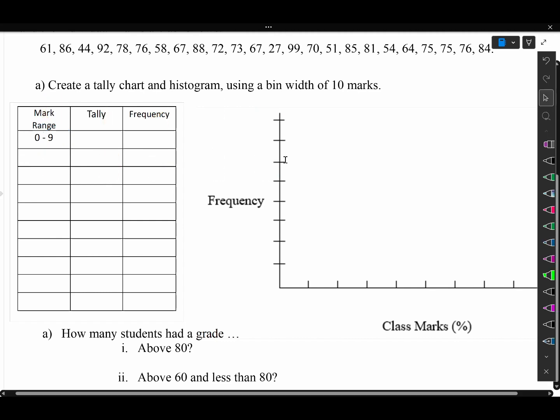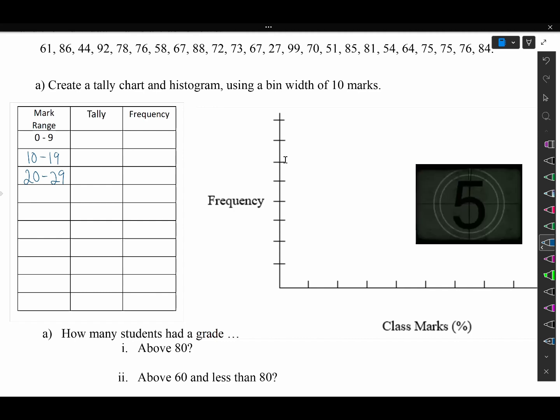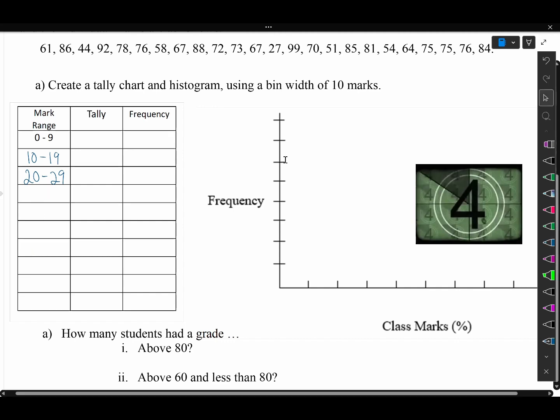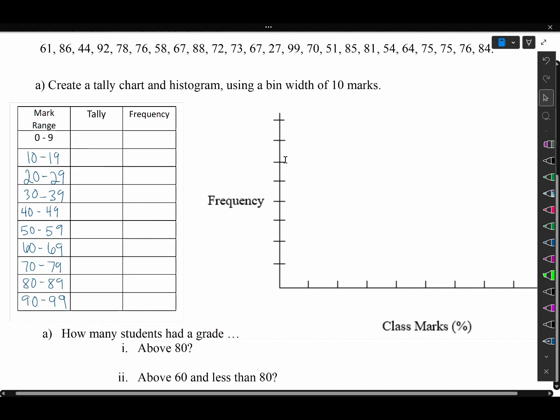So if our first bin is from 0 to 9, our next bin, keeping this consistent with 10 marks, will have to be from 10 until 19. Our next bin will be from 20 to 29. I'll have you pause the video here and flesh out the rest of your bins. Good. Now, right here, we'll need to be a little bit careful with how we interpret these, because really what